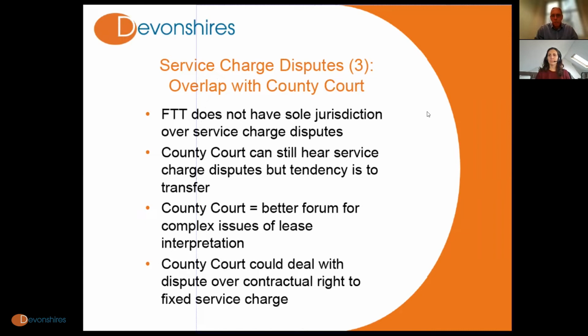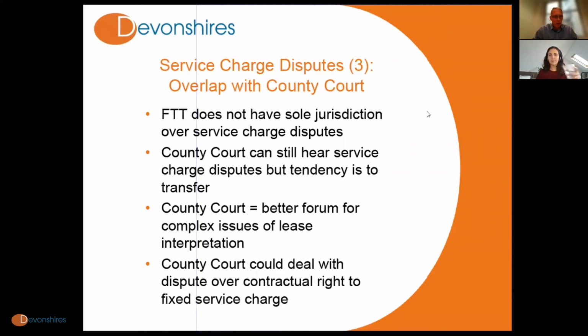So as I've already mentioned and touched upon, while most challenges for service charges will find their way to the first tier tribunal, the first tier tribunal doesn't have sole discretion and sole jurisdiction over service charges and service charge disputes. The county court equally can hear disputes over service charges, and